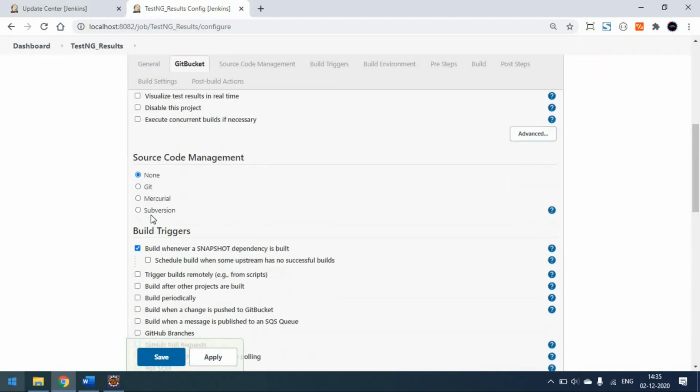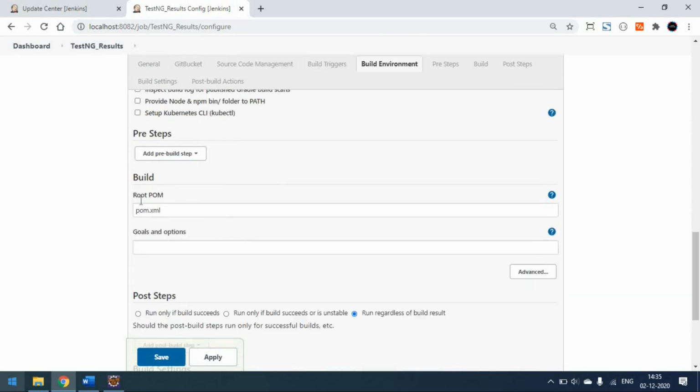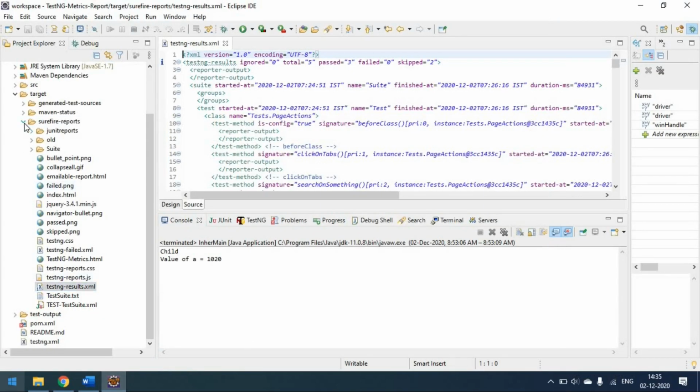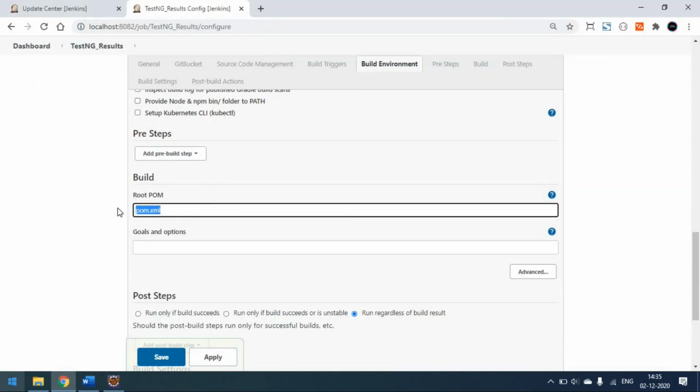Do not change any settings above. You can simply come to the build area, where we have to pass the pom.xml root file path. Here this is my pom.xml file. I will simply copy this path and replace it here.